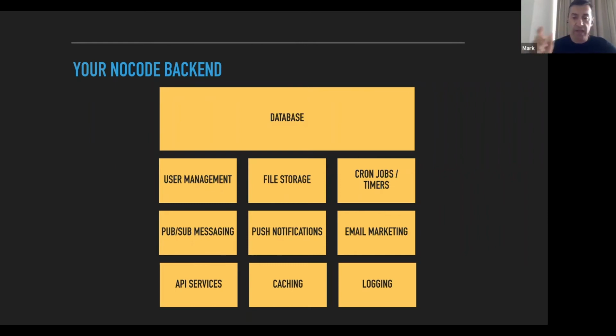And likewise, for many other areas, like file storage or push notifications or API services, pay attention to whether you can easily configure those functional areas. Like, for instance, with push notifications, my expectation when I work with a tool is that I can go in and configure what the push notification looks like. I should be able to configure all the visual aspects. Like if I want additional buttons, you get a push notification and you just want to reply right from the notification screen without going into the actual app. There's going to be a way to do this,